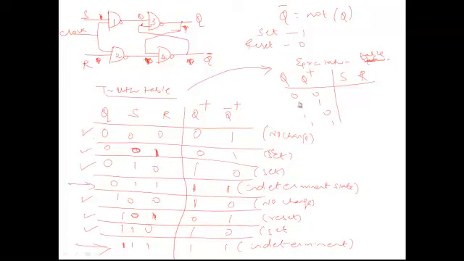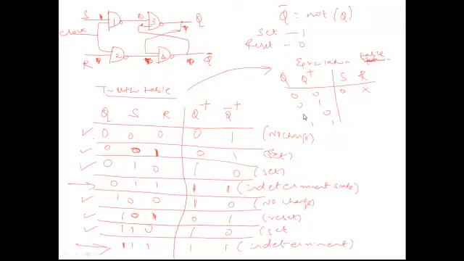Okay, so you see 0 and 0. Whenever Q is 0, Q plus is also 0. So what are the places where Q is 0 and Q plus is 0? In the first row you can see Q is 0, Q plus is 0. The second row also, Q is 0, Q plus is 0. So in these two rows you are seeing S only takes the value 0, but R takes the value either 0 or 1. So we write S is 0, but R is don't care. It may take the value 0 or it may take the value 1.